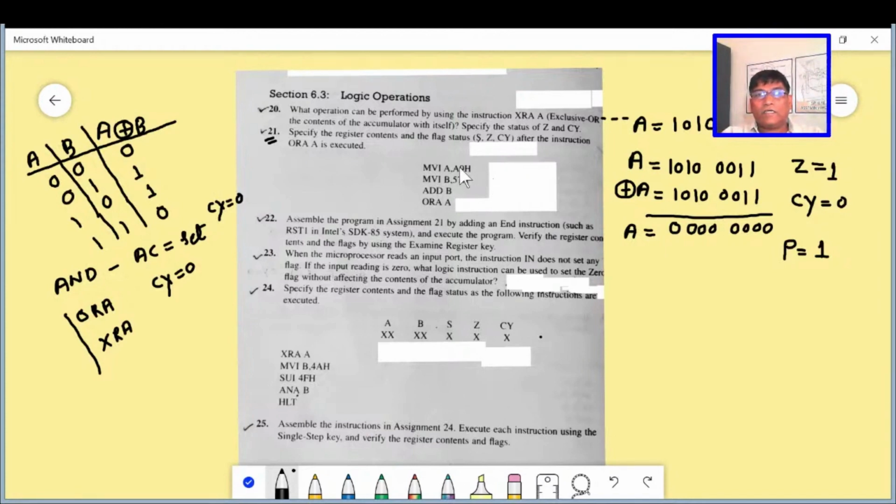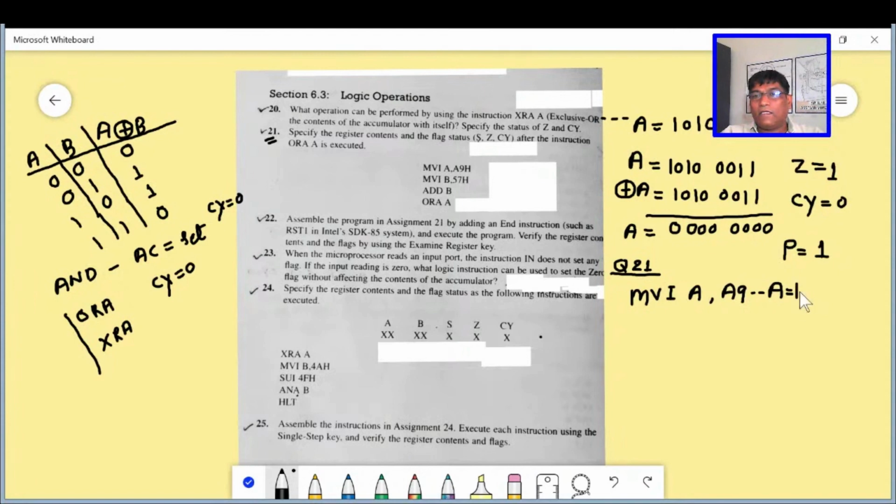The first instruction is MVI A, 9. This data will be moved to the accumulator, so after this instruction is executed, our accumulator will have A, meaning 10.